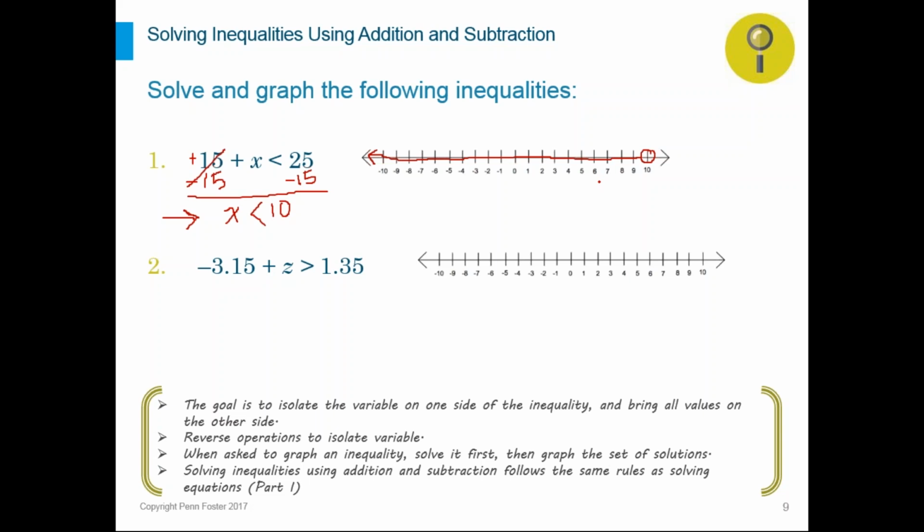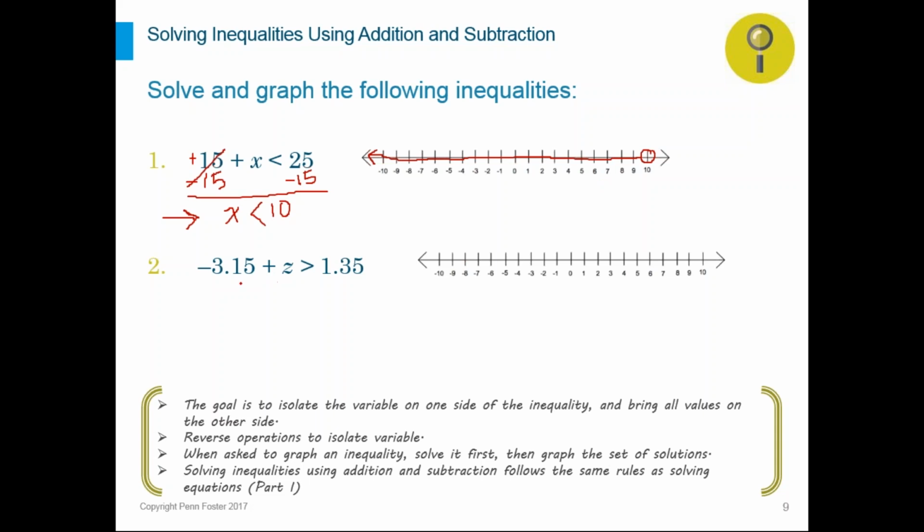Let's do 2. With 2, I see some decimals. When I see anything unusual in my question, like fractions or decimals, I'm not going to panic. I'm not going to get overwhelmed because the numbers look different. They have a negative sign and decimals. I'm going to apply the same exact rules. Z is the variable. Isolate the variable by adding